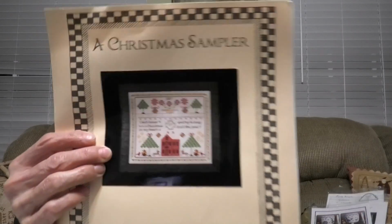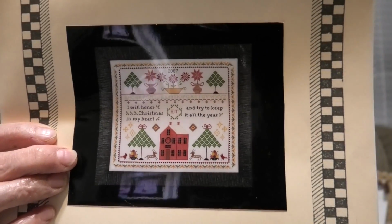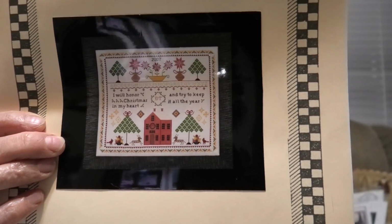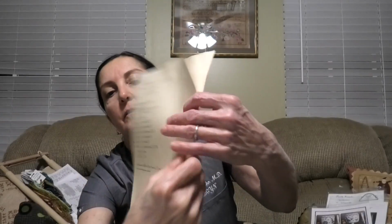Oh, I really want to get this one done this year. This is on my priority list, actually. This is called a Christmas Sampler by Midsummer Night Designs. It's really beautiful. There's something about it I just like. It says, Christmas joy is in my heart. Look at the little...